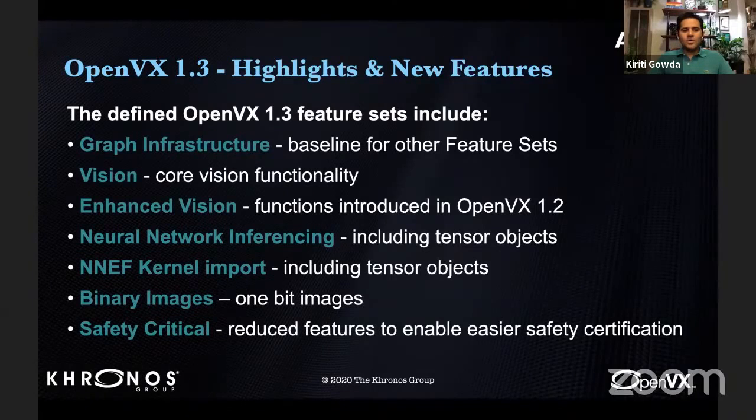Most of you who don't know what NNEF is: NNEF is another file format, the neural net exchange format. Where you do your training in TensorFlow or PyTorch or Caffe, and then once you're done training, you have your trained model, and you want to represent this trained model in a very simple way so that your application understands it. So that's where ONNX and NNEF come in. ONNX is another open source implementation of this file format, and NNEF is a standard file format from the Khronos Group. And then you have the binary image, and then you have safety critical for reduced feature set and